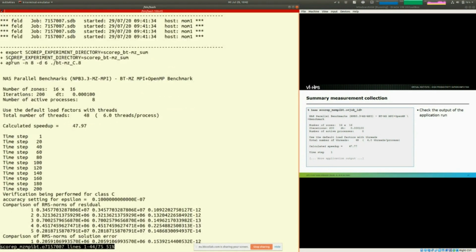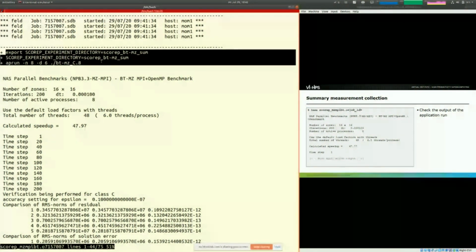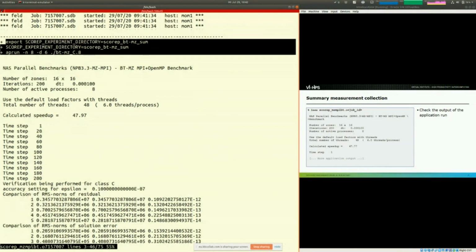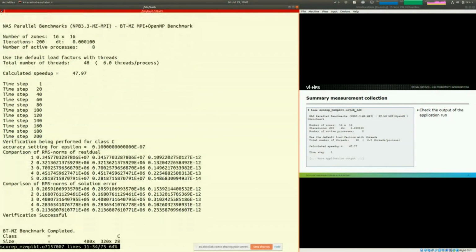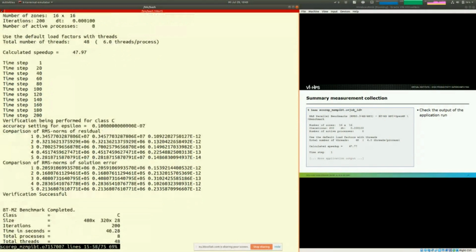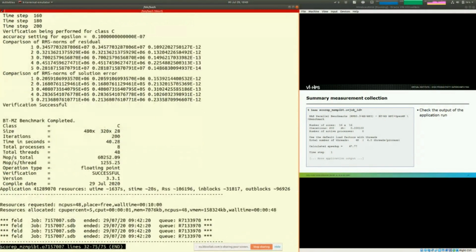And we see here what we specified in the job script. There was a set -x, so we see the output here. And then we have the standard output from the NAS BT benchmark. We see, like yesterday, the time steps. And we also see that the verification was successful. But we also see here that the time in seconds